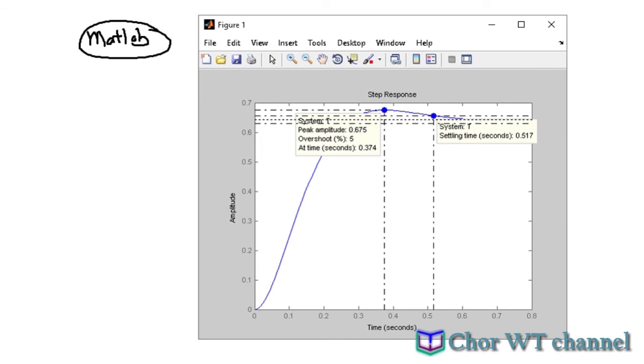You can see that the overshoot here is very good, exactly equal to the 5 that we predicted. For the settling time, we have a minor discrepancy of 0.517, although we designed it to be 0.5. But the discrepancy is quite small, so we'll treat it as acceptable. So I have demonstrated how we design a simple lead controller using a selection of the zero for the pole zero cancellation,